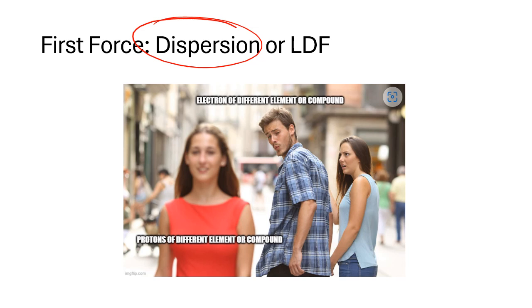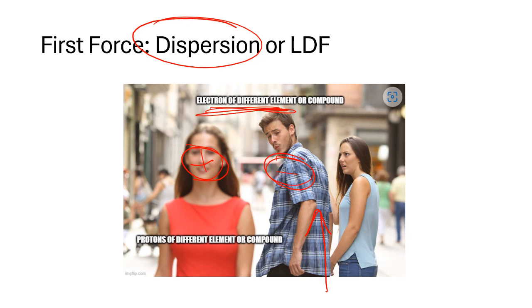So the best way to think of dispersion forces is an electron. So let's say the guy is an electron and the girl is a proton. This walking is somewhat slowing down because of a brief attraction between the electron and the proton. Hence, if there's nothing there, they'll be walking as normal and walk right past each other. But all elements and molecules contain protons, all molecules and elements contain electrons, so all molecules and elements have London dispersion forces, meaning no matter how unreactive